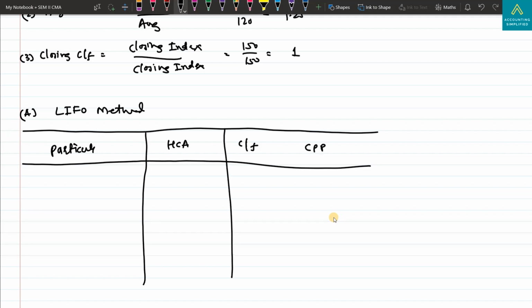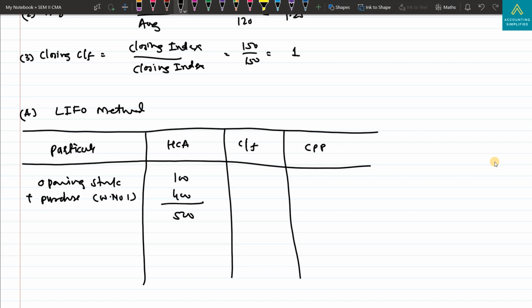So I am doing like this only. Now first opening stock. Opening stock is given how much? 100. So I am writing 100 plus purchase. Note 1 we have calculated, it's 400. So total comes to 500 minus